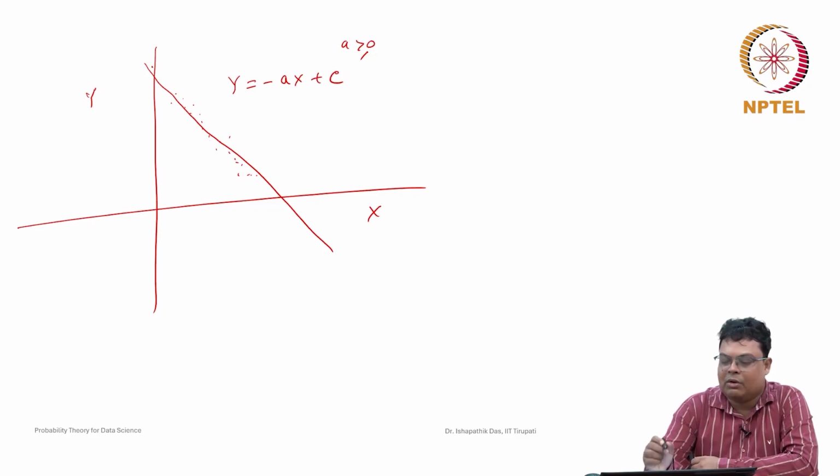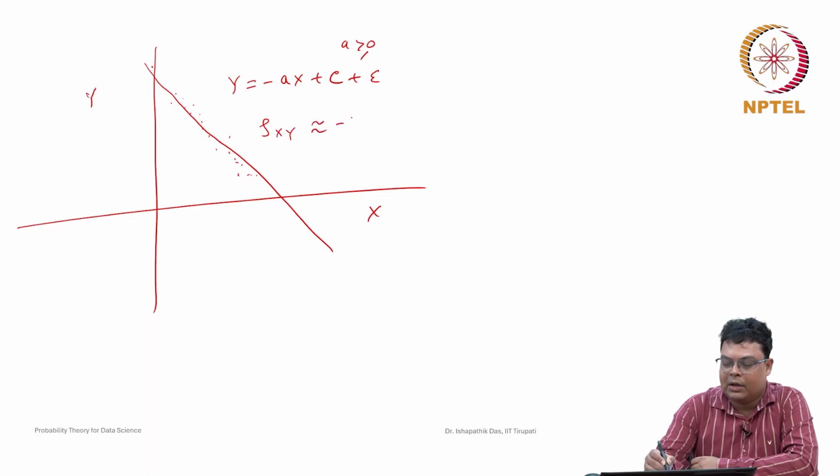If a is 0, then it is nothing but y equal to c, but we want to consider more general cases, where a is greater than 0. So, it looks like y equals minus x plus c, plus some error. The error may be plus or minus some values, but the error is small, so that most of the data looks very close to, or on, the straight line. If the data looks like this, then rho of